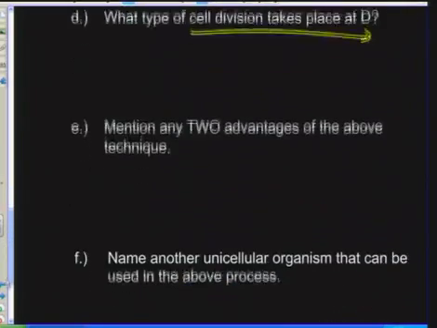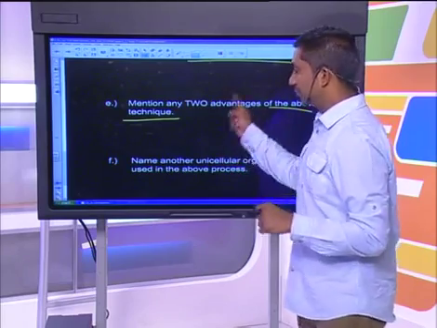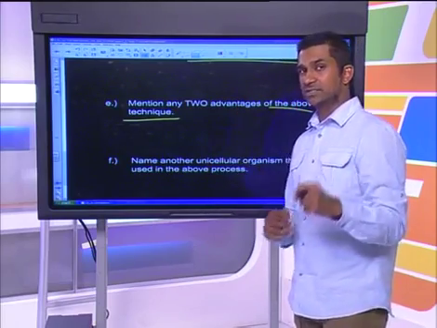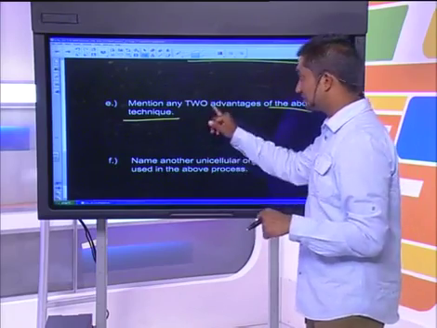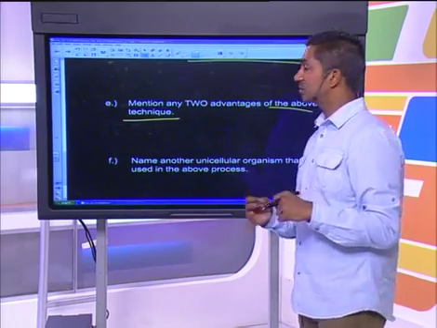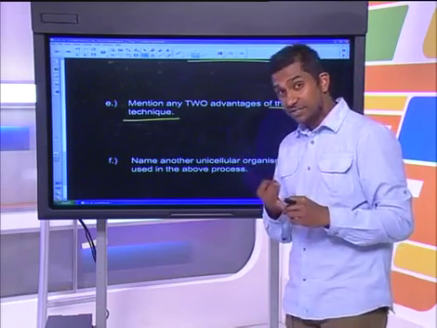Okay, and then we go down to mention two advantages of the above technique. To produce insulin, it is very costly. However, to use this technique, initially it's costly, but over long periods of time the cost becomes reduced, so it's much more cost efficient. It also produces an exact copy of insulin, so the possibilities of rejection